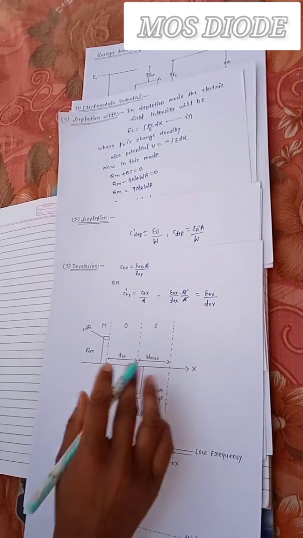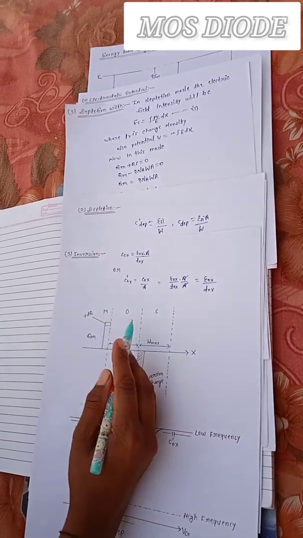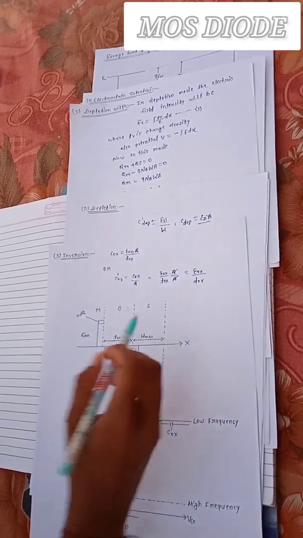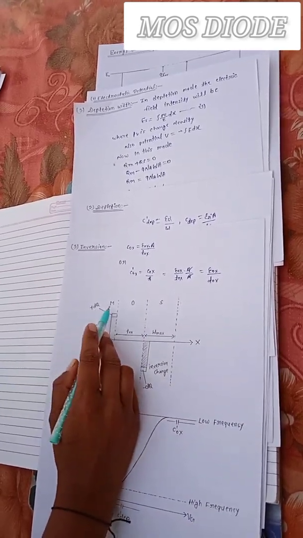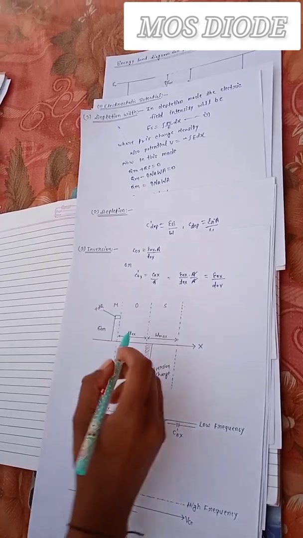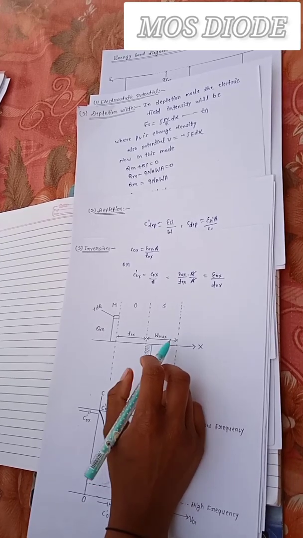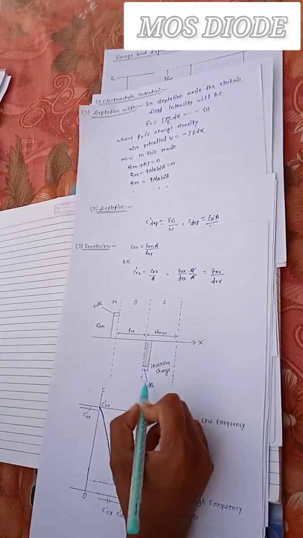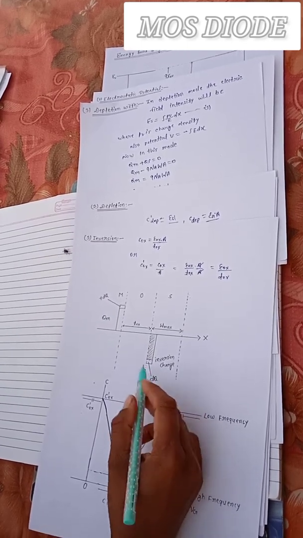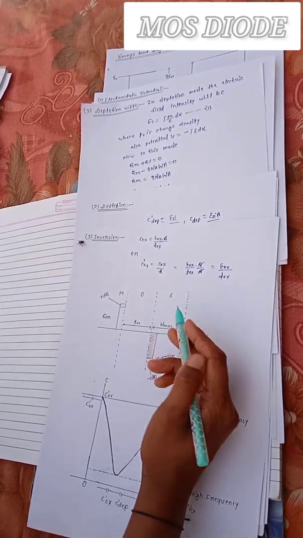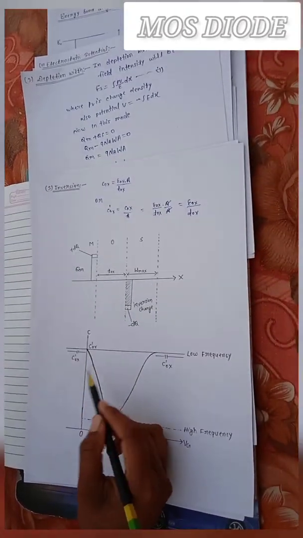And for the inversion mode in this graph, in the CV characteristics, this part is metal, this part is oxide, and this part is semiconductor. Qm for metal plus dq is the incremental value of charge for metal, and T ox is the thickness of oxide, and for semiconductor W maximum is the depletion width, and this is the inversion charge here, and minus dq is the incremental value of charge for semiconductor, and this is the CV characteristics for the MOS capacitor in this graph.